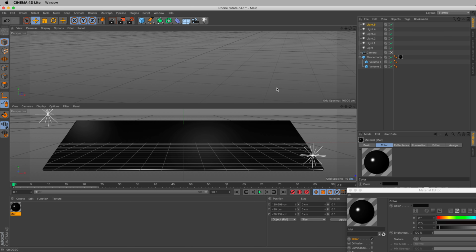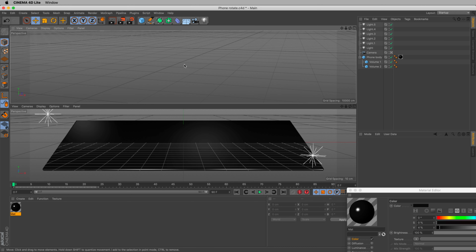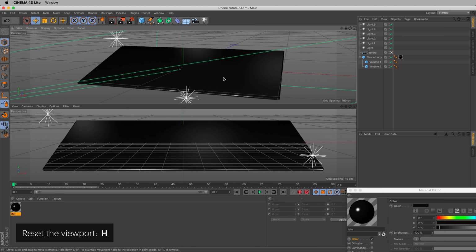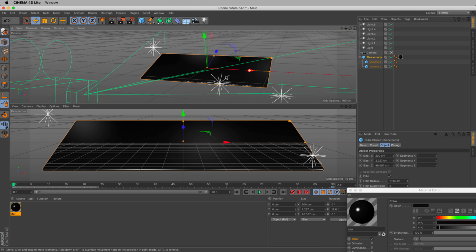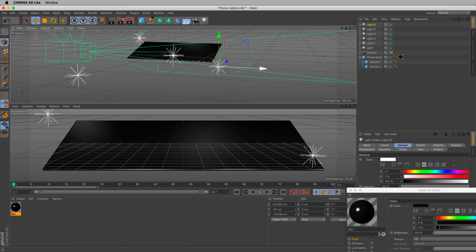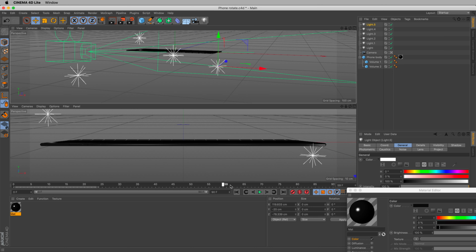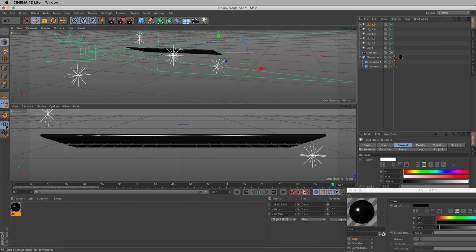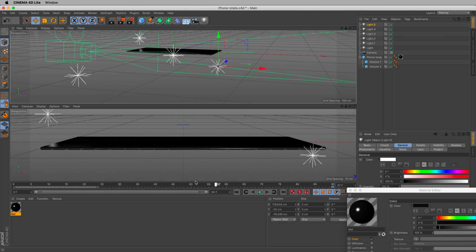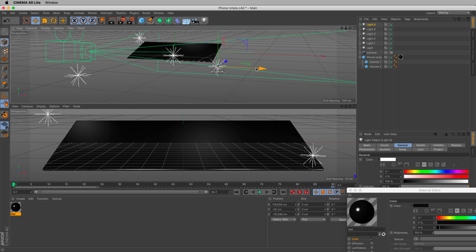We can even animate that new light we just created. If we click into our top view here, we can just click the H button to reset our viewport. And what we can do is zoom out a little bit. Let's grab that new light we just created, and let's add a keyframe. We know we want the light right around here to be positioned right there, but let's pull back and move the starting position of that light a little bit. Let's pull back here, maybe